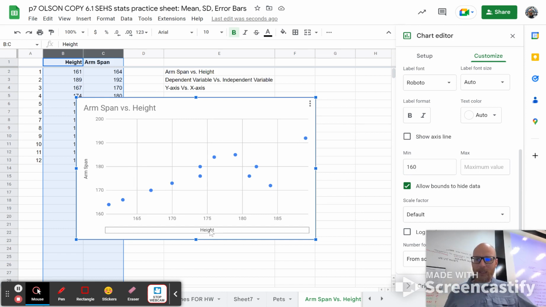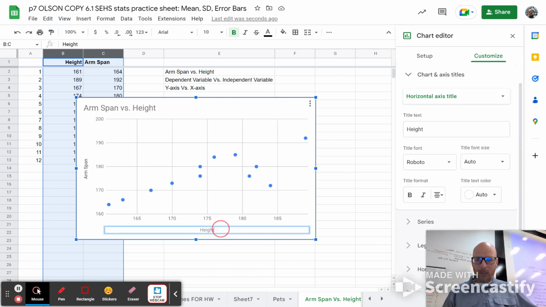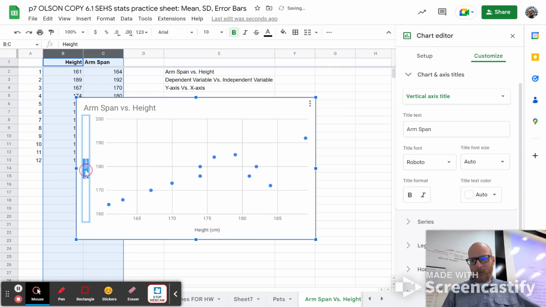So let's see, we've got height on our x-axis. We could edit that. We want to always include the units, for example. So our height in centimeters graphed on the x-axis. We can make any other style changes we want here. And